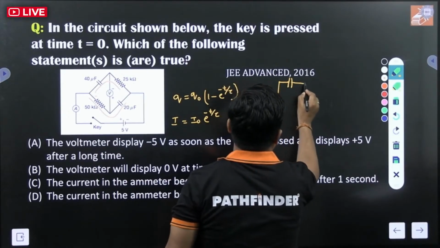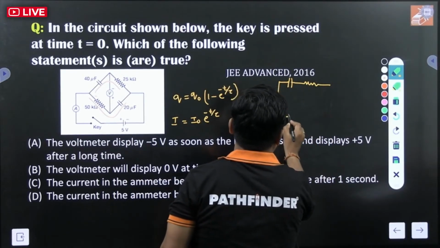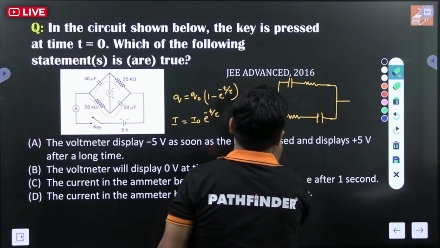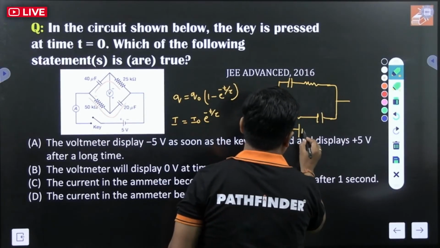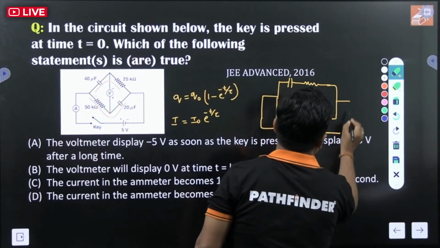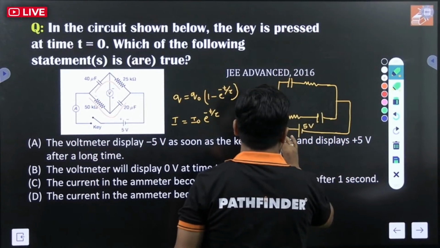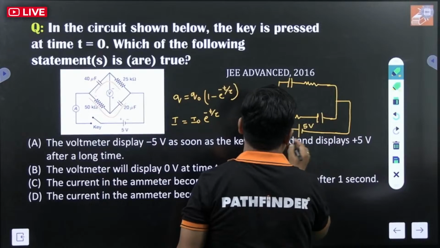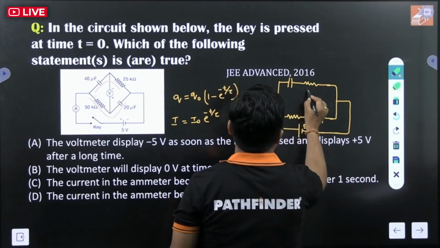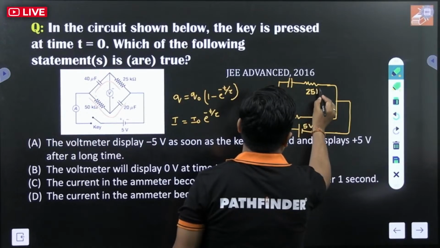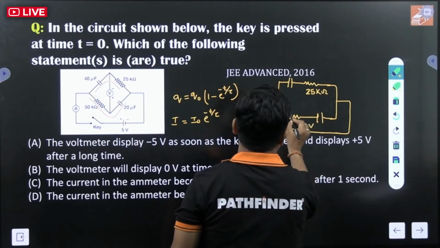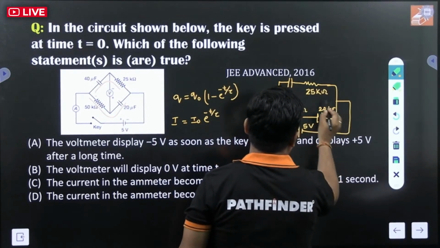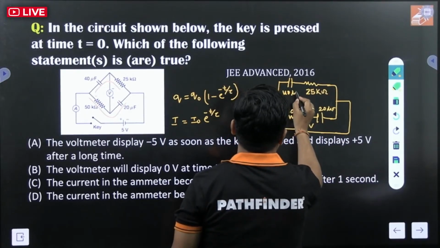यहाँ पे कैपेसिटर, यहाँ पे एक रेजिस्टर, यहाँ पे एक रेजिस्टर और यहाँ पे एक कैपेसिटर। इसको मैं ऐसे ड्रॉ कर रहा हूँ और ये कनेक्टेड है एक बैटरी से, जो 5 वोल्ट की है। बोलो सही है? और यहाँ पे एक की लगा हुआ है, छोटा सा की लगा देता हूं। ठीक है। और इसकी वैल्यू है 25 किलो ओम और इसकी वैल्यू है 50 किलो ओम। ये कैपेसिटर है 20 माइक्रोफैराड और ये कैपेसिटर है 40 माइक्रोफैराड।